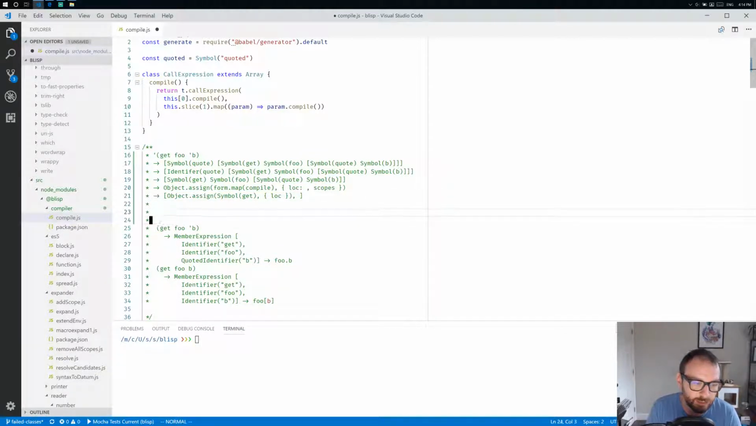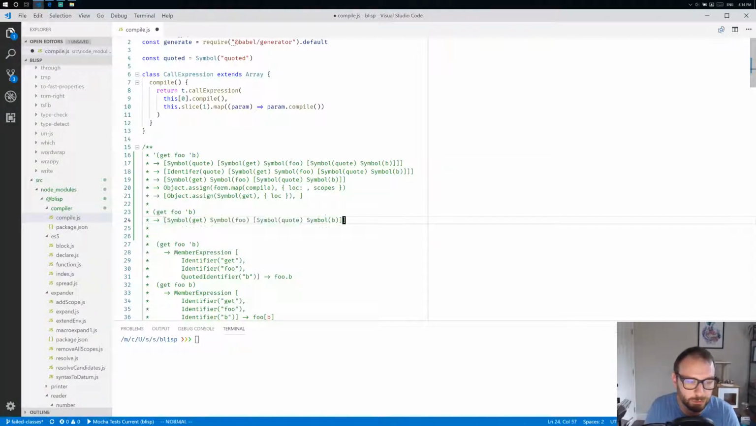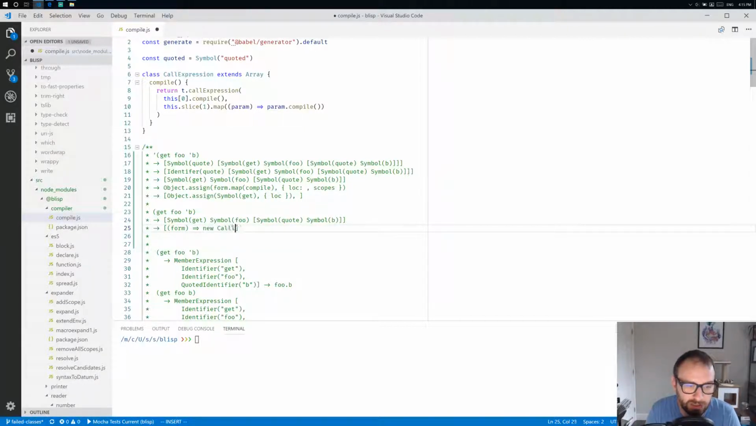Now, in contrast, when this isn't quoted, we will get a similar effect. So first we read it, and we will read it into this form. Then exactly the same way, we will look up the symbol get, and that will be a function. And that function will be our macro. So this will take our form, and it will return new call expression, new member expression with the contents. And so basically, because we're actually going to compile this part to JavaScript, we will promote it